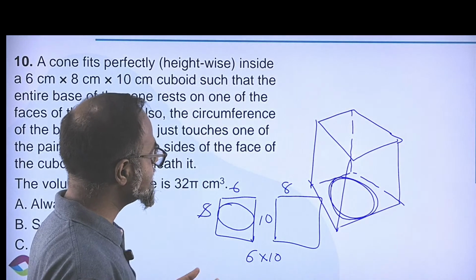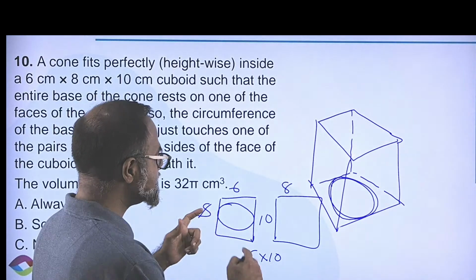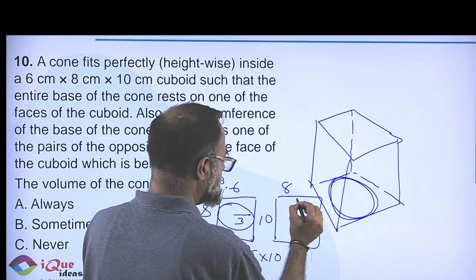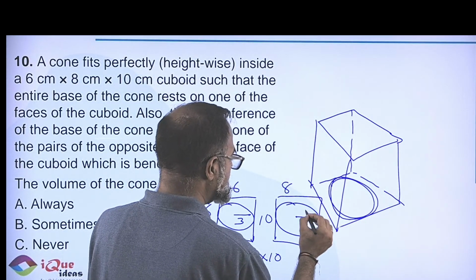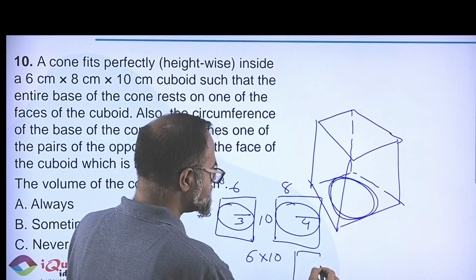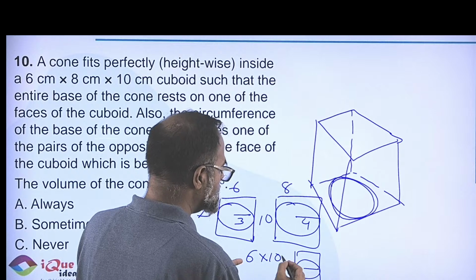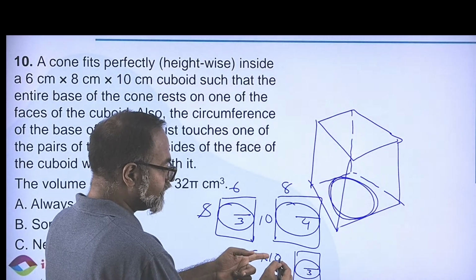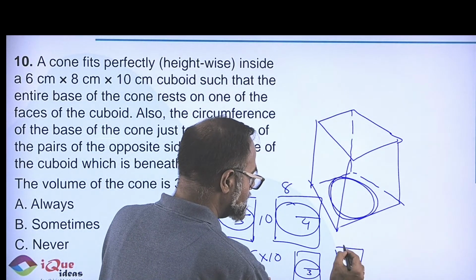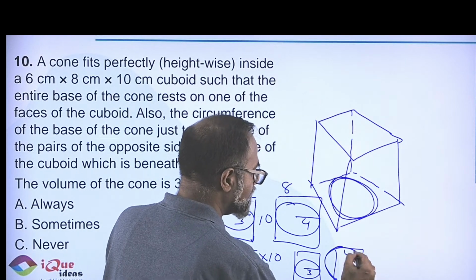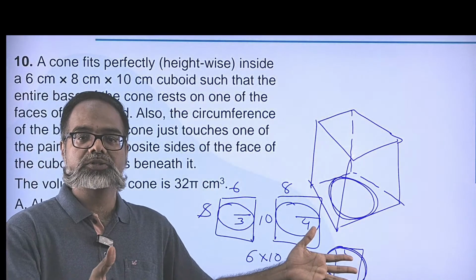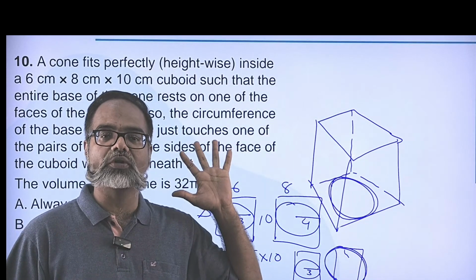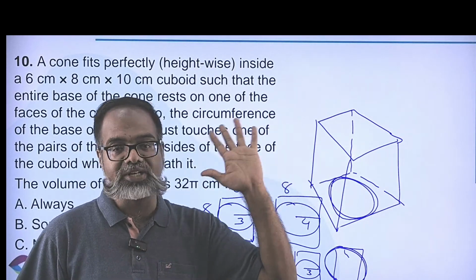In all the three cases, because it has to touch one, the radius in this case can only be half of 6, which is 3. For 8 by 10, when something fits here, the radius is only going to be half of 8, 4. And again in a 6 by 10 thingy, the radius is only going to be half of 6, 3. Because if the radius is, let us say, half of 10, 5, then the diagram will go something like this. If it has to touch the other two sides, it will go outside the box. So the smaller of the two values will determine the radius of the base. And of course, the third value is the height.